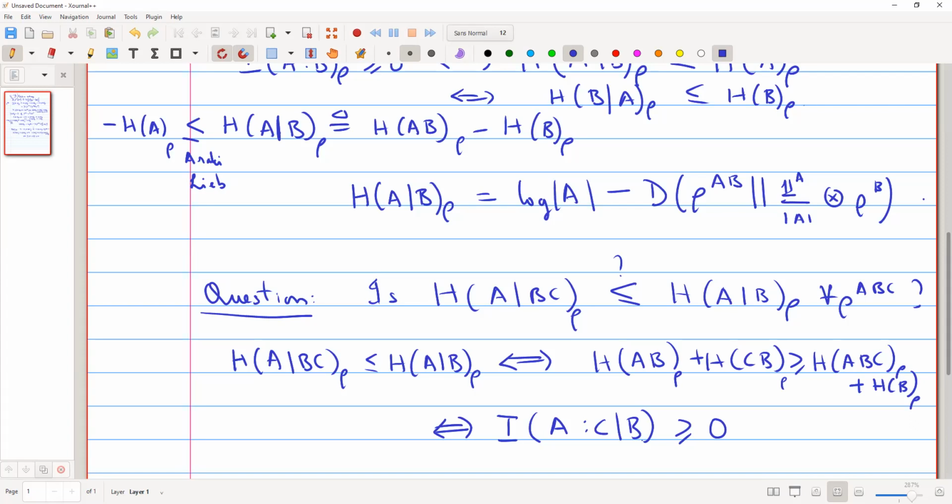But unfortunately, in the quantum world, we have no analog of conditioning on B equal to little b. This is the whole problem. So in the quantum world, we cannot simply claim that this is true; the conditional proof will not work. So is this still true? Not clear. I will not do conditioning. I will instead write the conditional mutual information in terms of good old entropies, with no conditioning anywhere. When you open things out, you get exactly this relation,